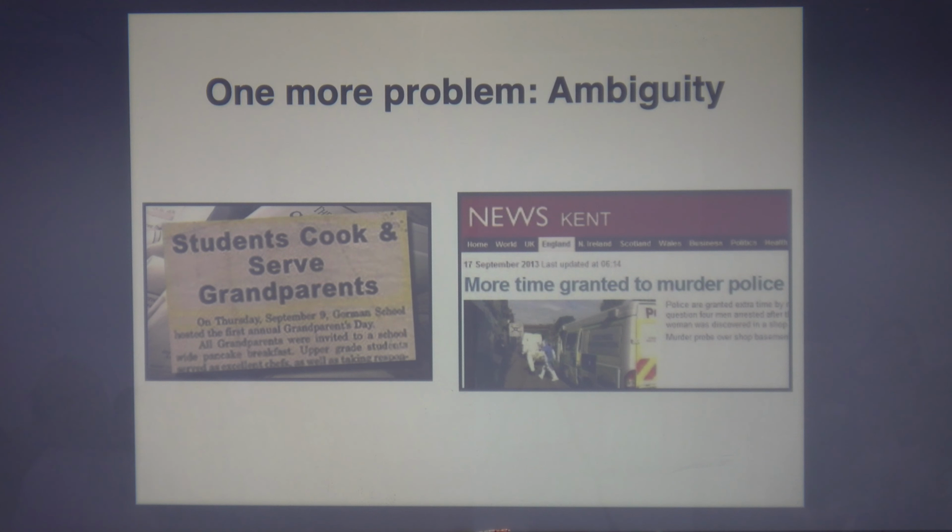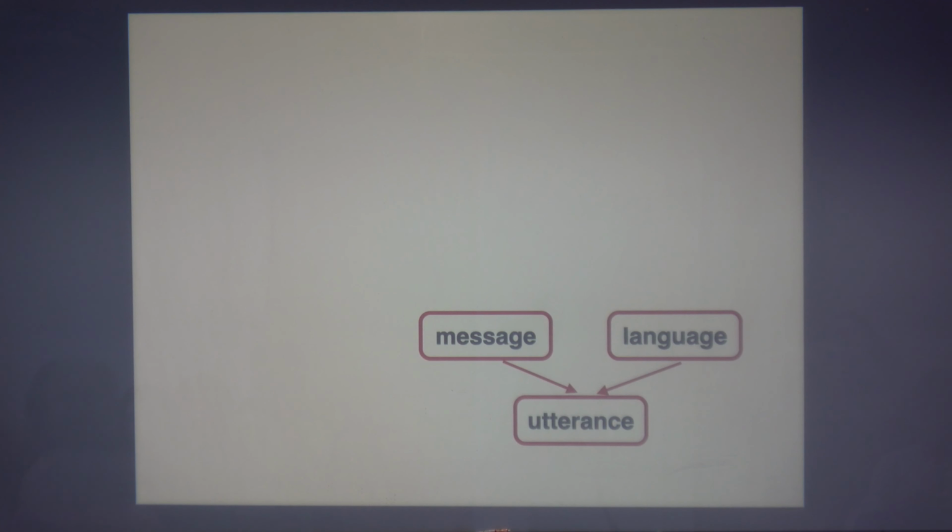But we're going to need to add a very simple model of listeners' beliefs about speakers. To get there, if you love Gricean pragmatics or something like that, I'm going to ignore that sort of recursive reasoning entirely. We're not going to need it for anything that I talk about, although I'm very happy to talk about it later.